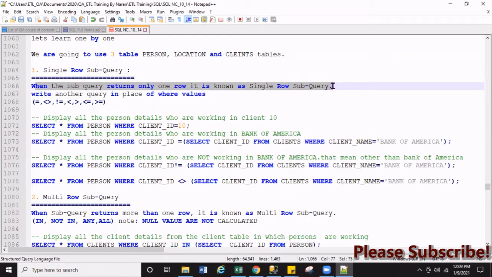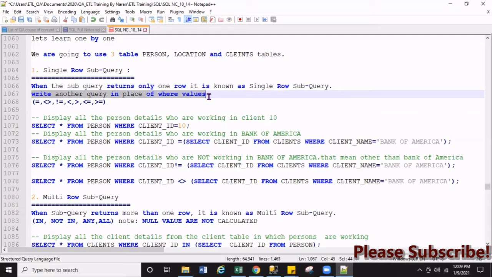When your inner query returns only one column and one value, it is called a single row subquery. You write another query in place of the where condition. For example, we do select star from customer where customer ID, and we pass the value.